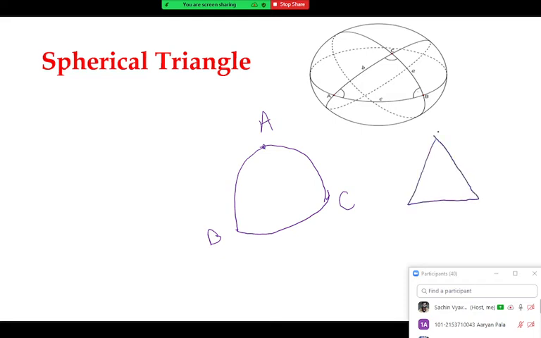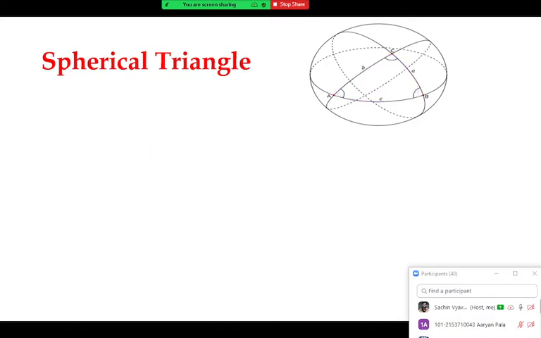This is a plane triangle. Here this is the arc AB, actually some arc of a great circle. There may be a great circle like this. Here is one arc AC, there is AB and there is BC. So this is the triangle. Can you see that? Is it okay? Yes, sir. You can say it is a triangle ABC, but you should say spherical triangle ABC.